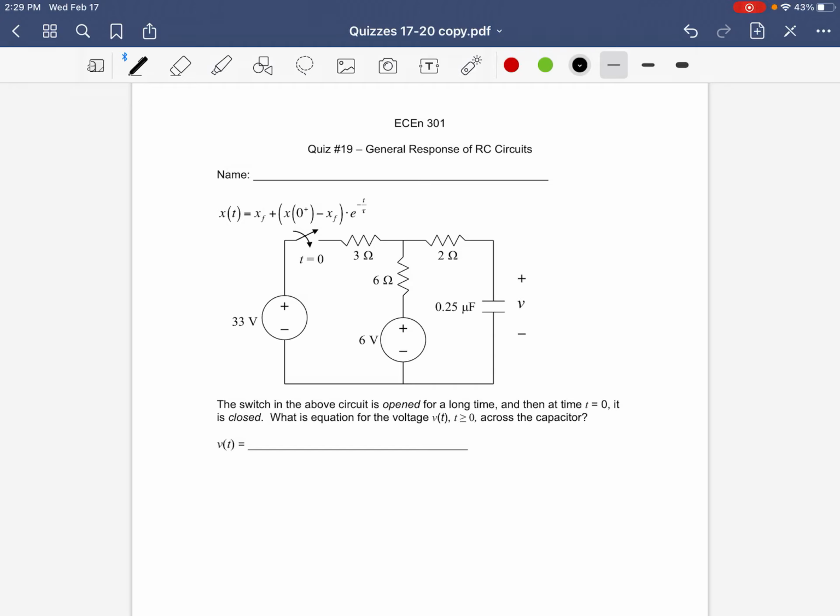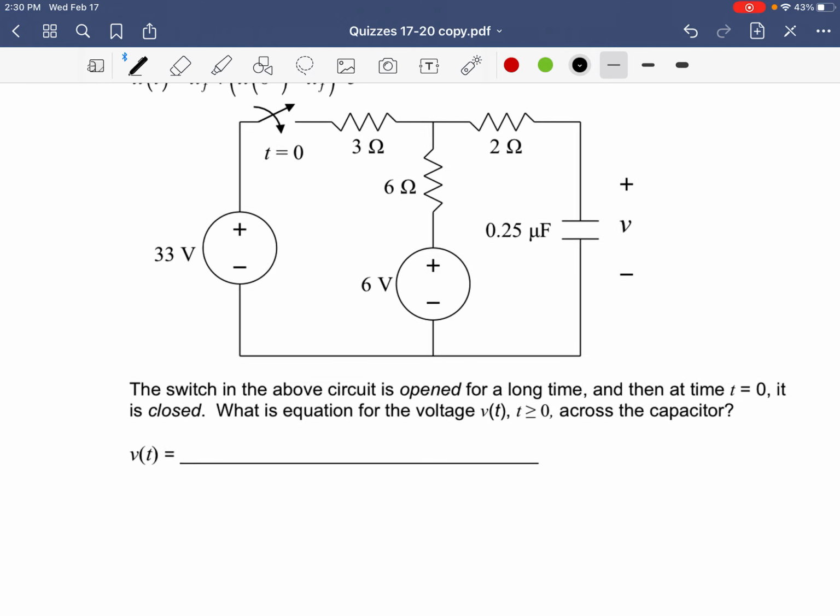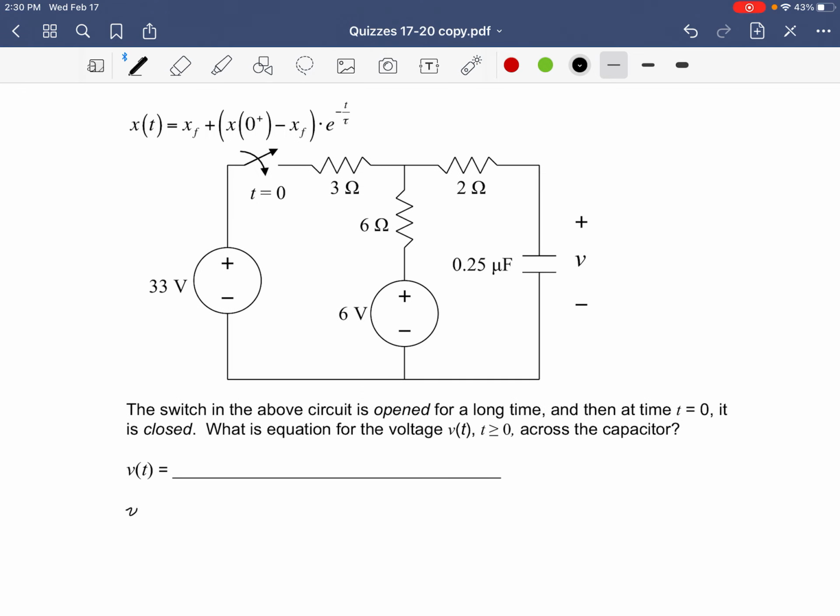Okay, this is my solution, at least I guess, for quiz number 19. And we are to find the voltage across the capacitor here. And remember, the voltage across the capacitor satisfies this equation. And so if we were to write out what the voltage across the capacitor is, it's going to be the